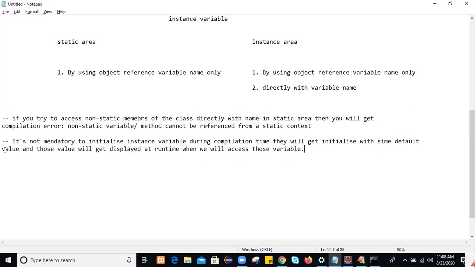Yes or no? So this is how the instance variable will get initialized.